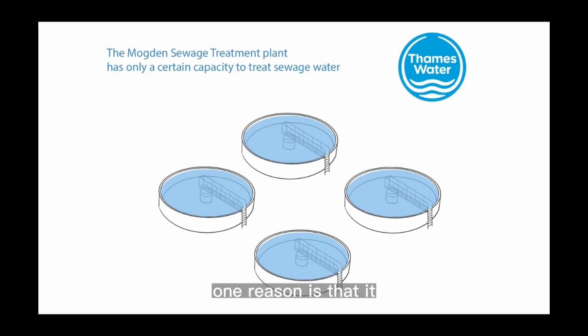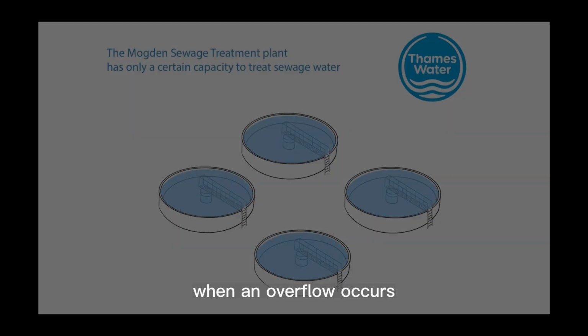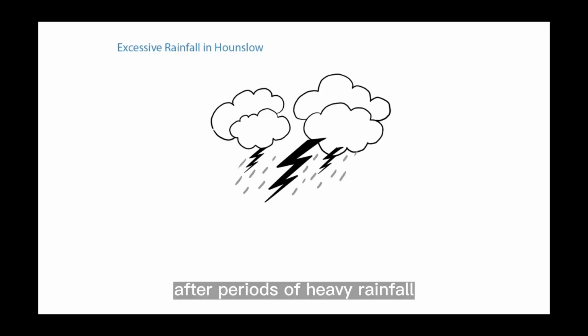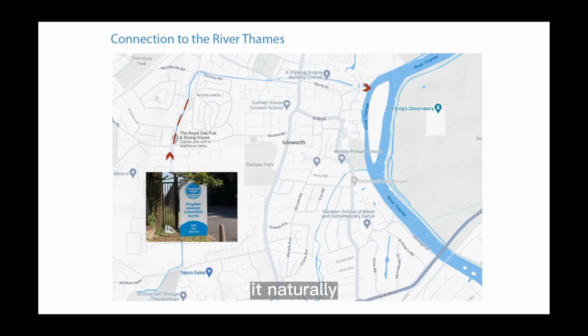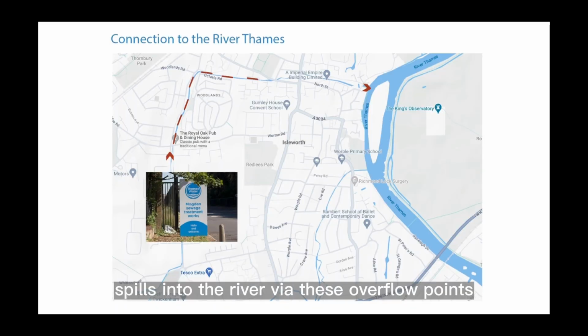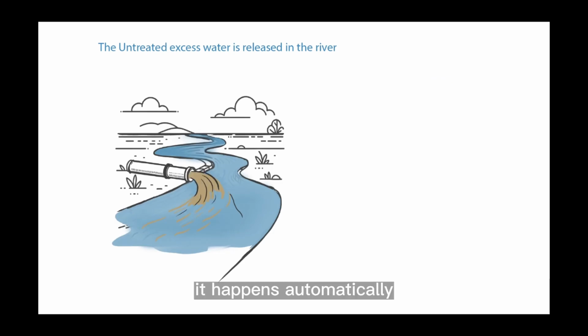One reason is that it only has a certain capacity to handle sewage when an overflow occurs. After periods of heavy rainfall, Hounslow Sewage Plant doesn't have the capacity to hold the required sewage, and therefore it is released untreated back into the city's rivers. When the system is full, it naturally spills into the river via these overflow points, like a regular sink would overflow if you left the tap running. It's not a case of somebody pressing a button; it happens automatically to prevent flooding to property and the wider